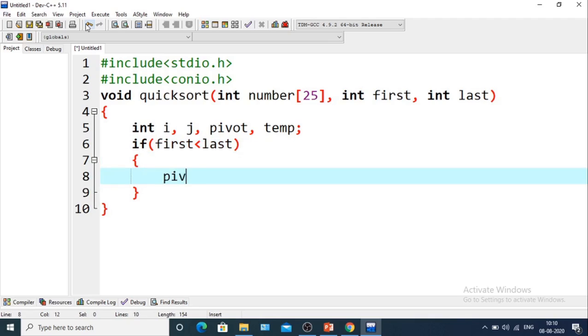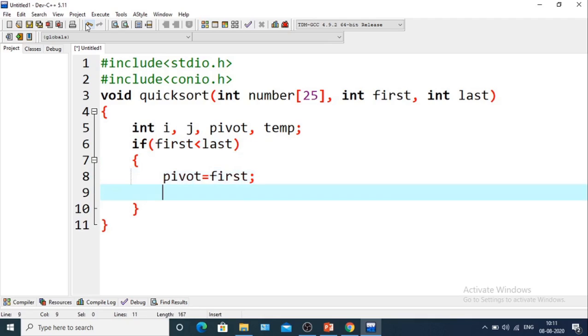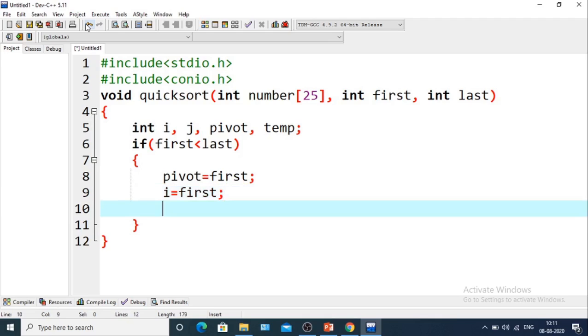Then pivot will be first, and i will be initialized as first, and j will be initialized as last. So the value of i is the same as first, and the value of j will be the same as last.